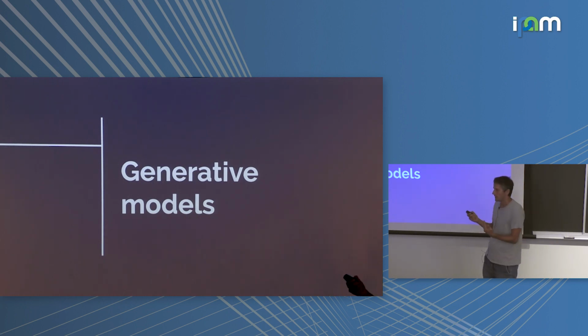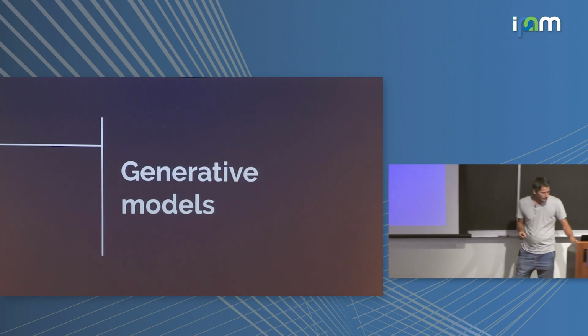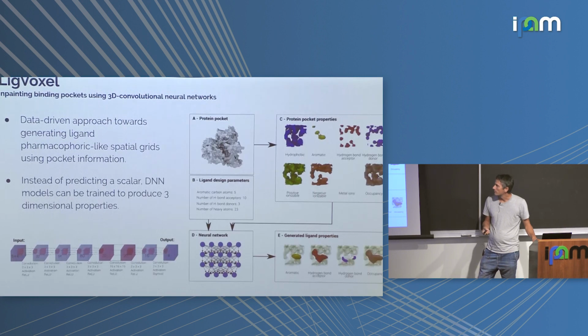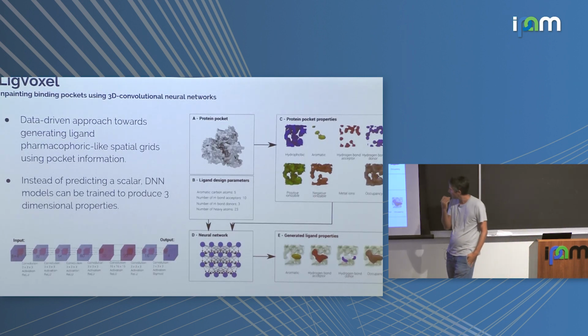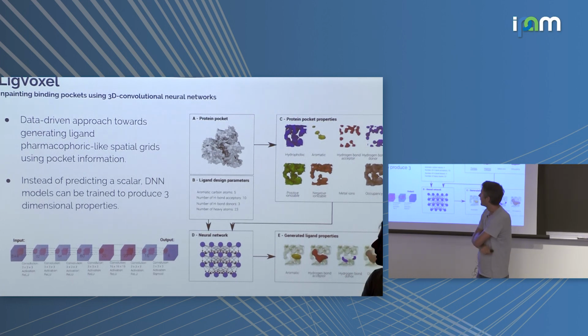And generative models are doing this. They generate from a distribution which is attached to some prior. And so the idea was to use generative models to generate molecules starting from pockets or